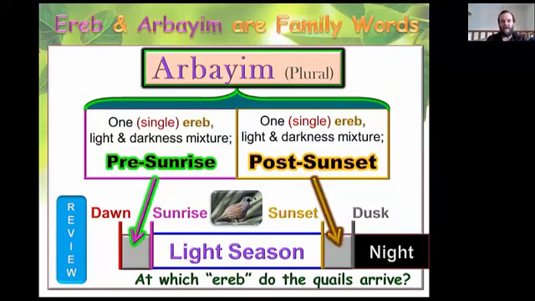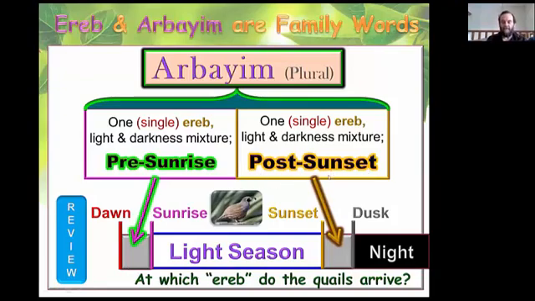Aibv and Aibv are family words, and if you will note from previous studies, the word Aibv is exactly the same letters as Aibv, and Aibv is the plural. That means there are two twilight mixtures. Once again, on the left side, the first twilight mixture is pre-sunrise. That's your gray box there, where the light mixture and darkness mixture are occurring before the sunrise. And once again, on the right side is the